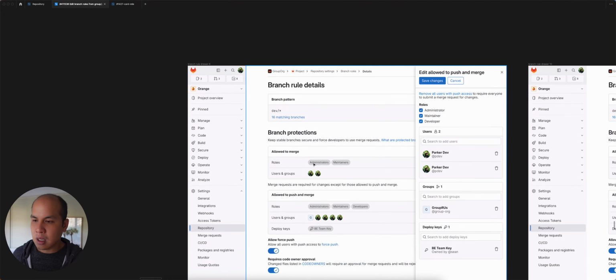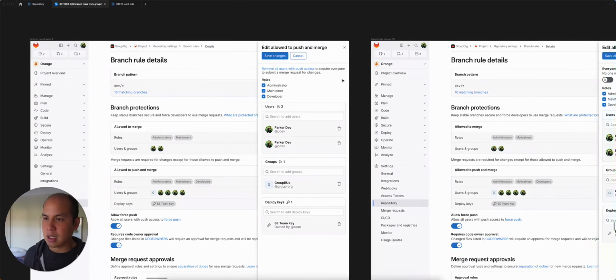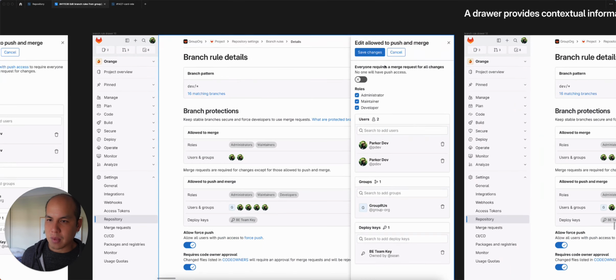So one thing I've added in the previous designs was I had this text down in this area here, but the problem with this execution is that it's an action and I'm using a link for an action, and that doesn't really align with what we need it to do, because it should be a button, to be honest. But if we were going to make it a setting, that could make things a little bit more interesting here. So if I rephrase that and make that a form element and make that the first one, so here,